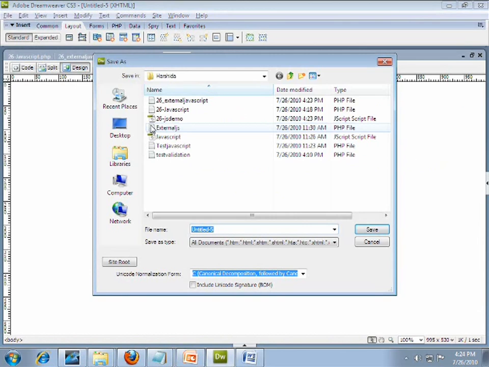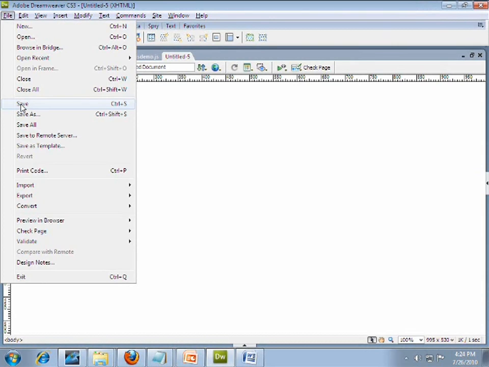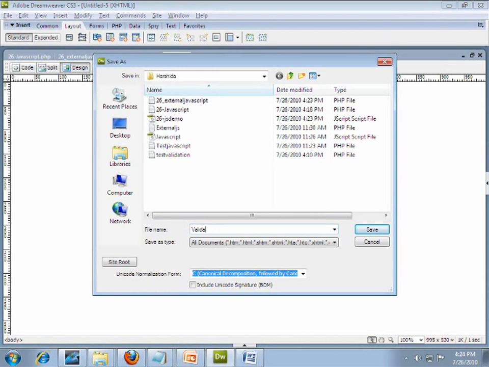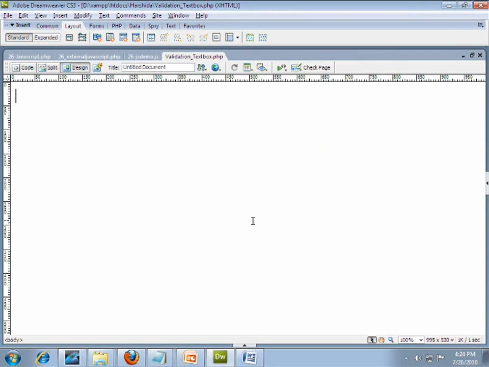To write the code, before you save the particular page, go to File and then Save, name it validation text box, which is my page name, and then save as all files. So this is my page.